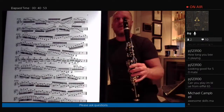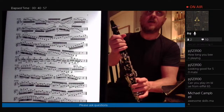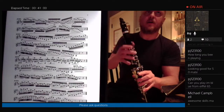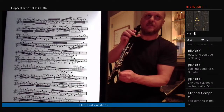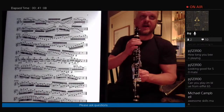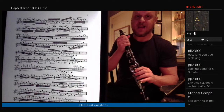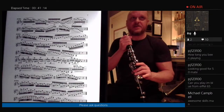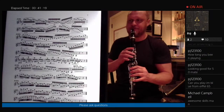I love this open fingering. Thanks, Michael. I love this opening fingering here. Instead of just G, which is no fingers whatsoever, I could hold onto my little thing here. Ever so slightly, a little sharp and a little kind of shallow. So I just add these 2 fingers here. It lowers the pitch slightly. It also changes the tone quality a little bit. So without...